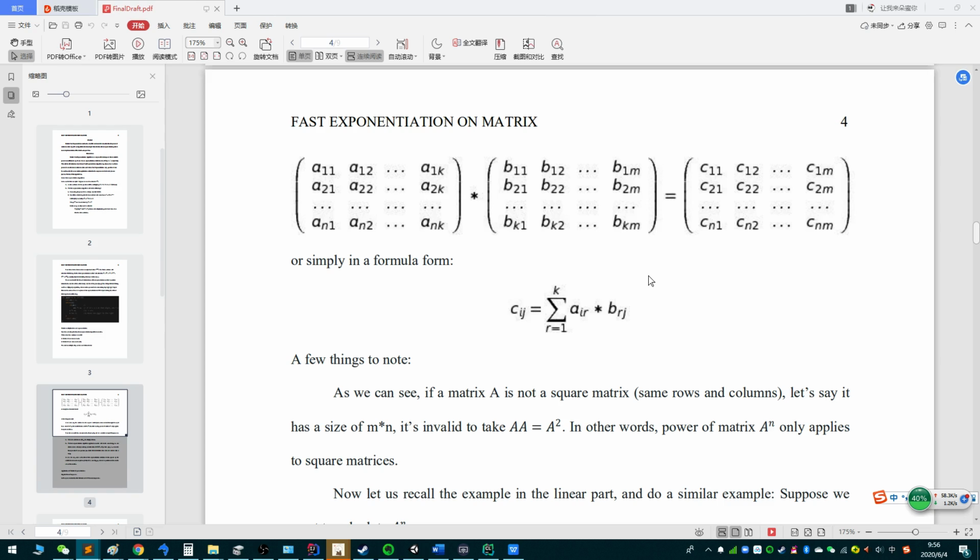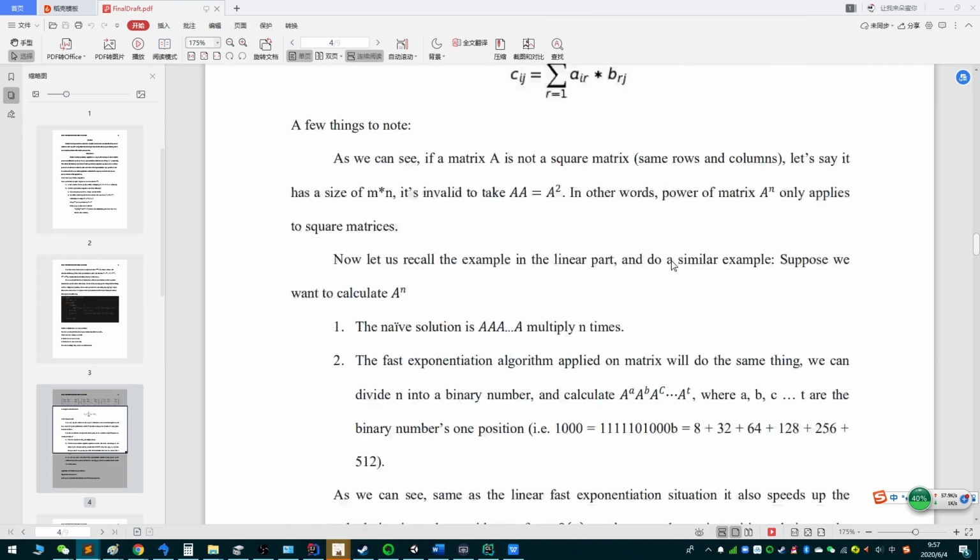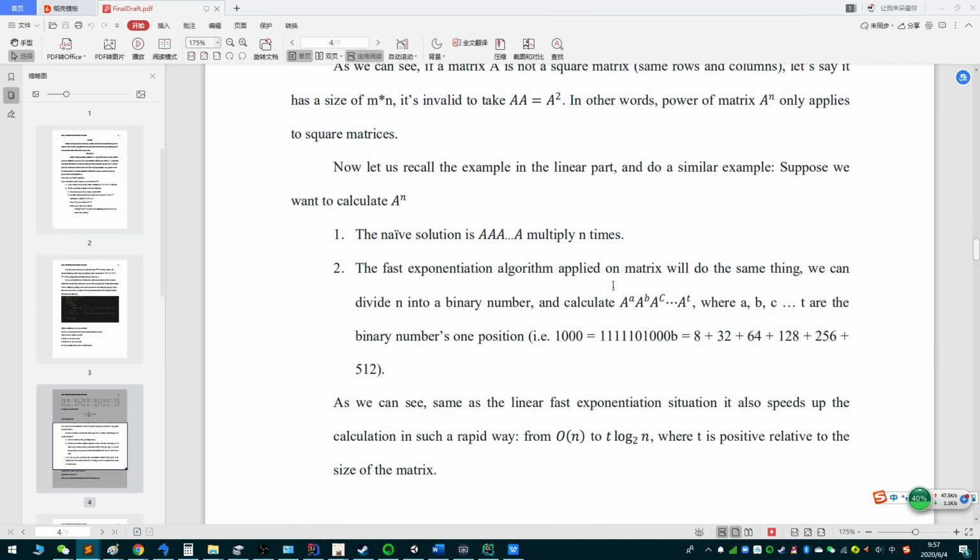Here's an example. If we have A to the 1,000 power, where A is a matrix, then 1,000 can be divided into a binary number as we did before, and we can just calculate A to the 8th power times A to the 32nd power times A to the 64th power, and so on, until A to the